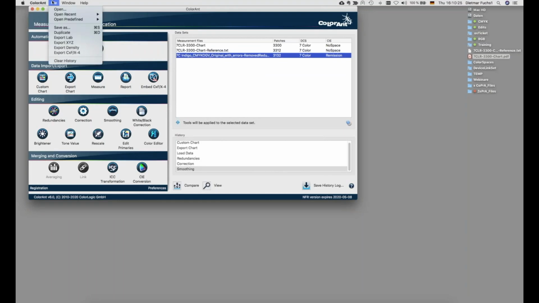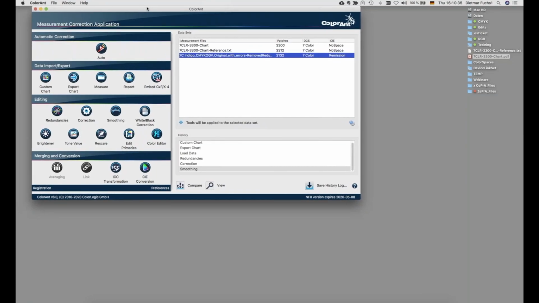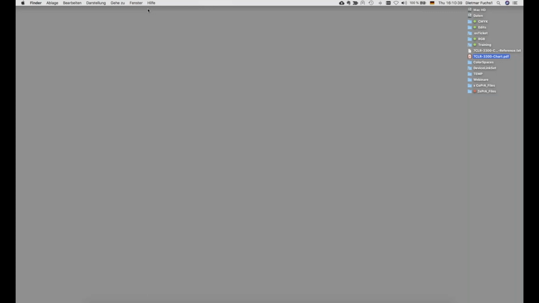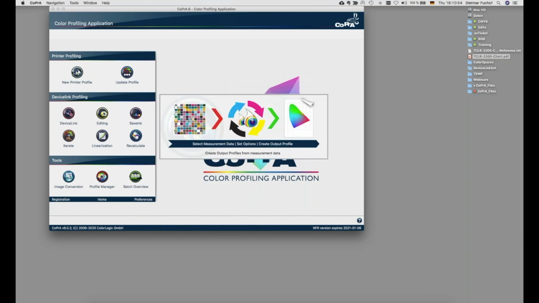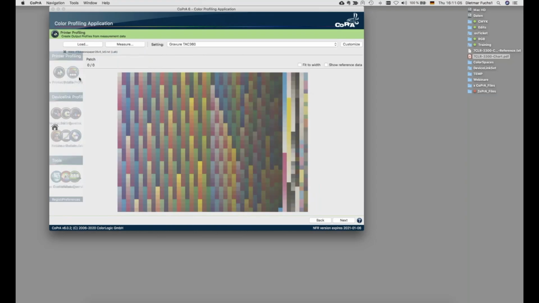And after that, you simply save this data into multiple formats like CGATS formats, CXF formats, you name it. There are a lot of different formats that are used within our industry. So we'll save it as a text file, as a CGATS file, and now we have our perfect measurement data that we want to use in Copra for our profiling. Copra is a powerful profiling application that can create printer profiles. So there are two options here, printer profiling and DeviceLink profiling, and we will start with the printer profiling here. For that, I click on printer profiling,